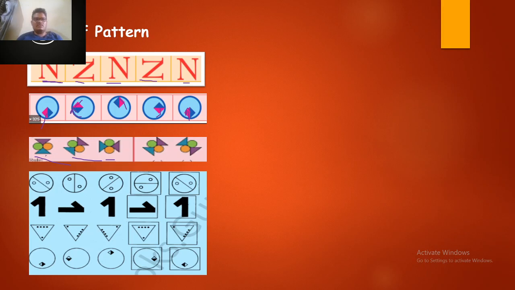Three steps are given: first, second and third. In the next step you can see one of the pink colors is here, then it turns slightly here, then again here. So what will be next? It will be this part, this portion. Here a sun is given, so this will be the correct option.